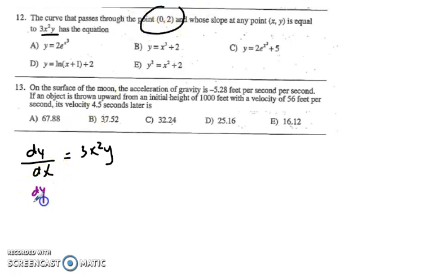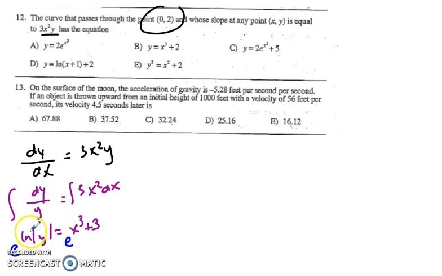So I actually need to separate my variables here by dividing by y and multiplying by dx. And then I can integrate both sides. And I integrate to the natural log of the absolute value of y equals x cubed plus 3. And then let's exponentiate on both sides, cancel out the inverses on the left, and I have the absolute value